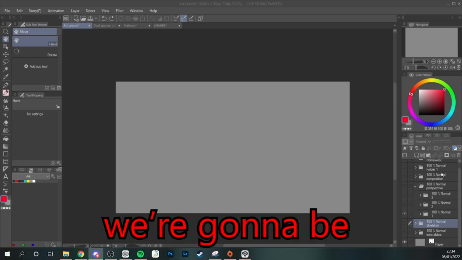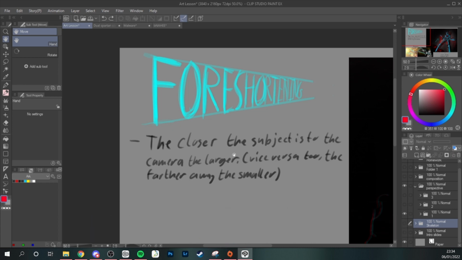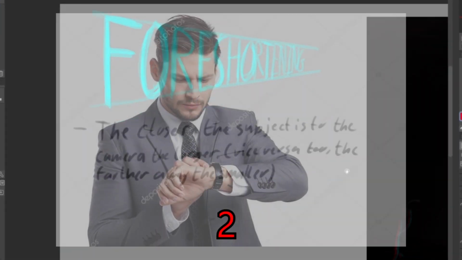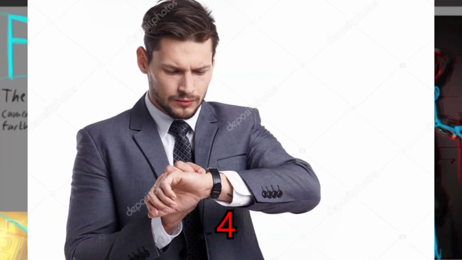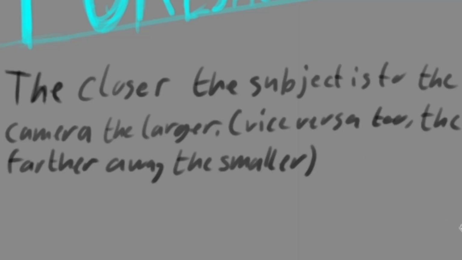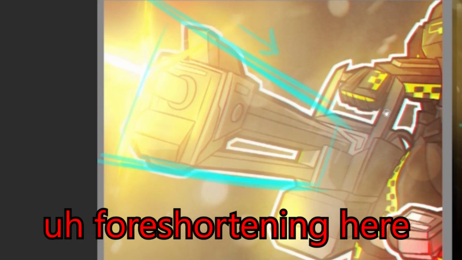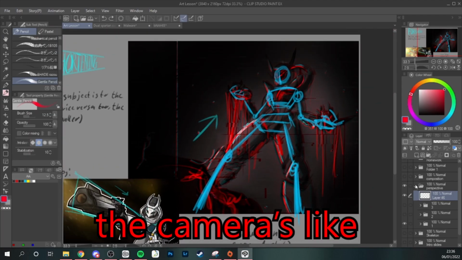Alright, so what we're going to be looking at next is perspective. Foreshortening. Foreshortening is the closer the subject is to the camera, the larger they appear, and vice versa. The farther away they are, the smaller they get. Some examples here. There's a bit of foreshortening here, and for this one, the camera is looking